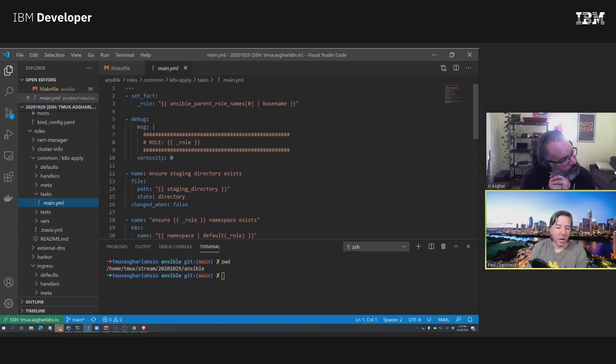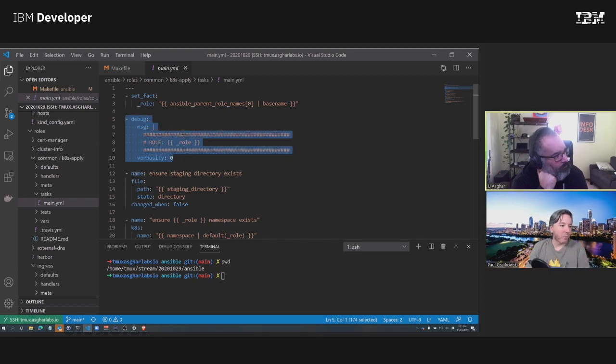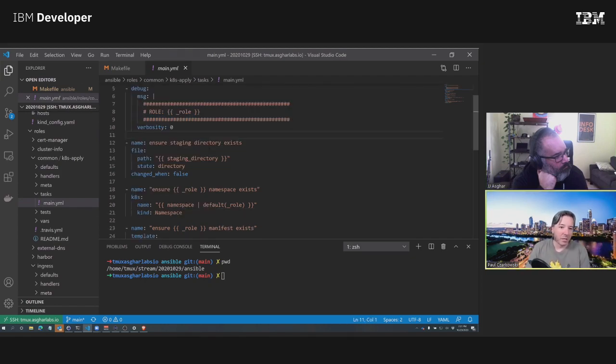First of all, I want to know what role just called it, and that's with this ansible_parent_role_names. It's a list, so you want to grab the first one. And then I print that out in a debug, so every time I do this, I'm seeing what role these templates are being generated for.